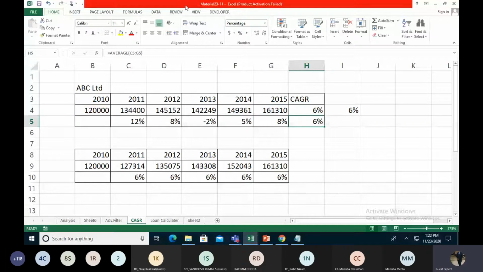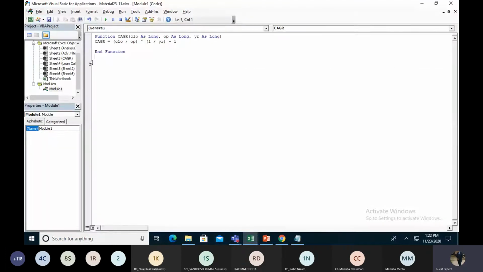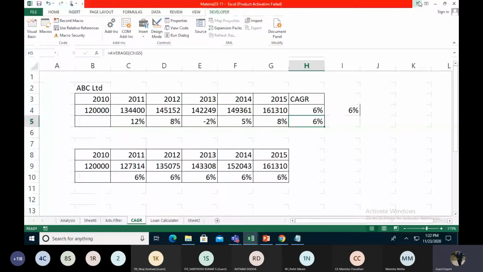We use the Developer tab, we go to Visual Basic. Over there we take the modules, and with the function we create all the functions where we put all our formulas, and we set the parameters as well. Right now the name CAGR and CAGRs are going to be the same. If you take uppercase, keep uppercase; if you take lowercase, keep lowercase, because if you change it over here, it will cause mistakes in your result. So there is a CAGR.